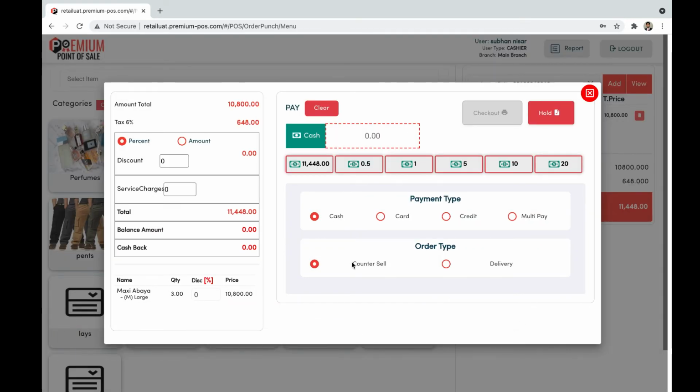This is a dialog box which will appear once you want to check out. On the left hand side we have the total amount of the product, and the tax amount that is applicable to the total. Under it we have the discount percentage. If the cashier is authorized to give a discount to the customer, he or she can write a percentage here, like a 2% discount on the total amount, or the cashier can select the discount amount and enter it manually.